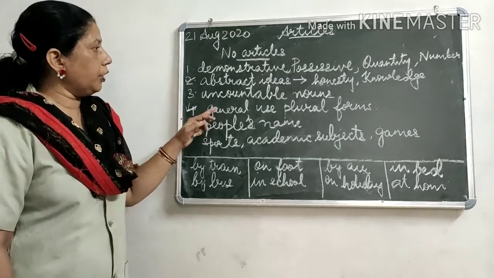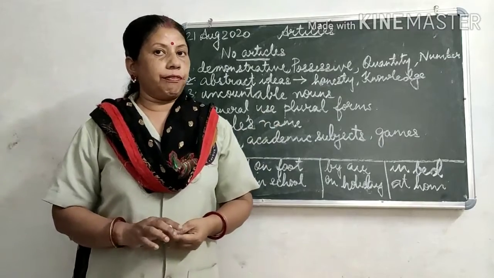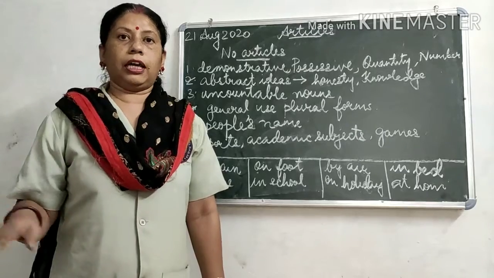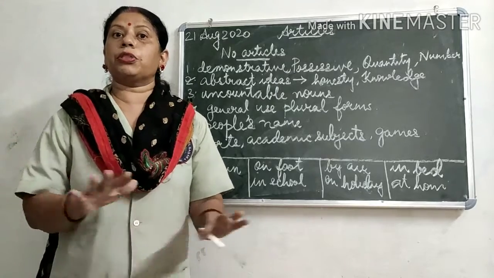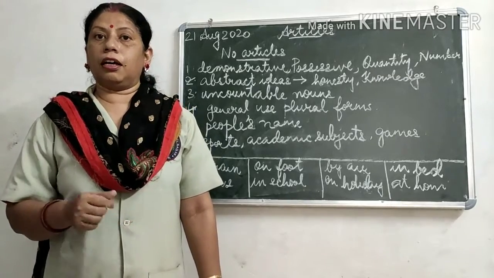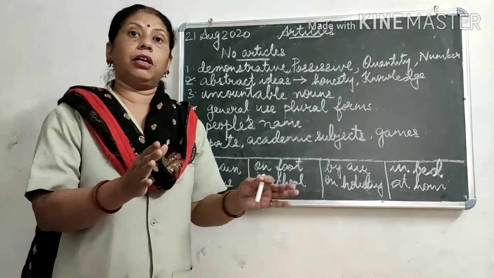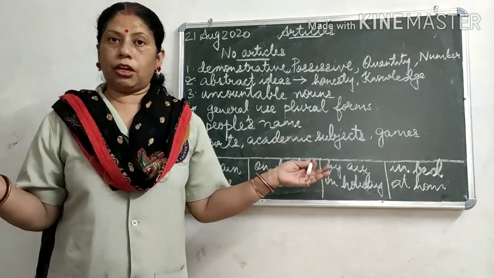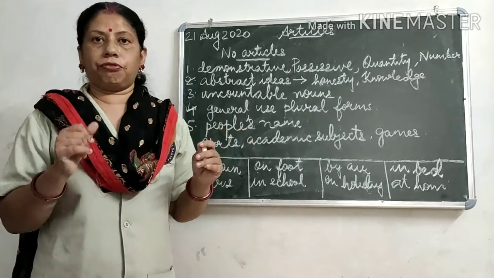Then again, general use in plural forms. Here also we will not be using an article when we are speaking generally. Boys are normally very smart. I am not going to say the boys. Boys are normally very smart, because I am using it in a general way. But when I say the boys of class 7th F will be going out in the field, that means I am referring to a particular group of boys. So that time I will be using the. Otherwise, when I am using it in general, I am not supposed to use it before those classes of common nouns, right?